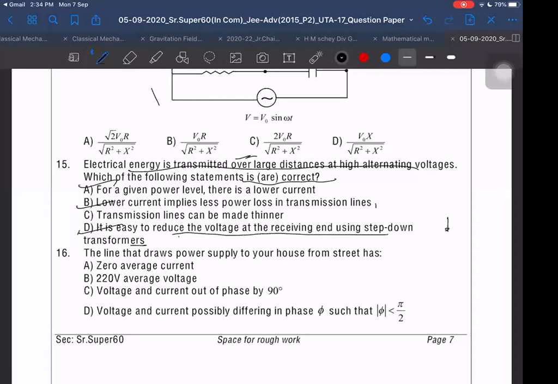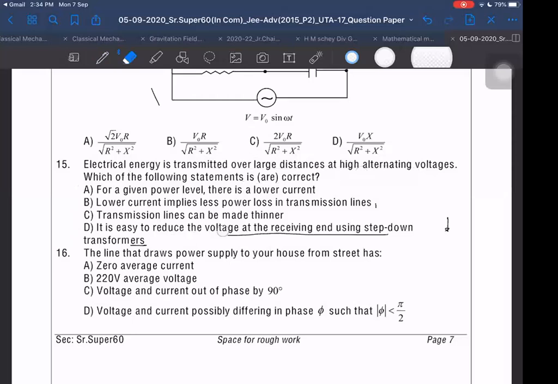If we have no such opportunity to reduce the voltage, then probably we will never transmit it at high voltage. We may have to transmit it at lower voltages. But because we have the easiness, we can always reduce the voltage. Even then, it will become very difficult. It is a hypothetical scenario. What would happen in that case? I don't know. That would be completely different technology if we were transmitting only at a lower voltage.